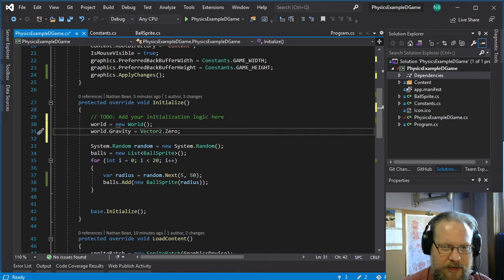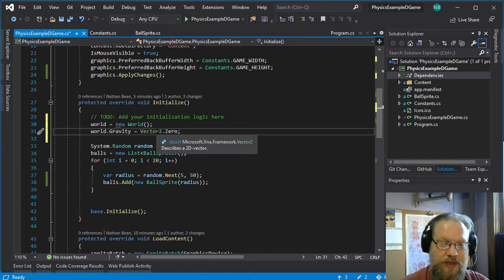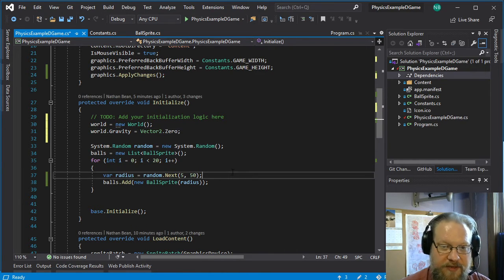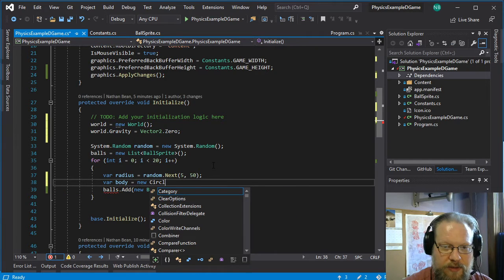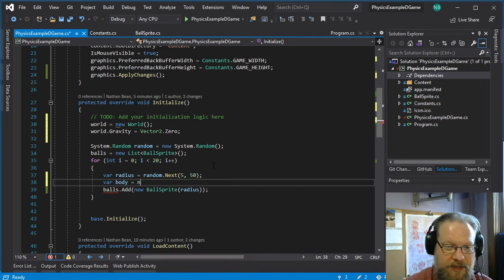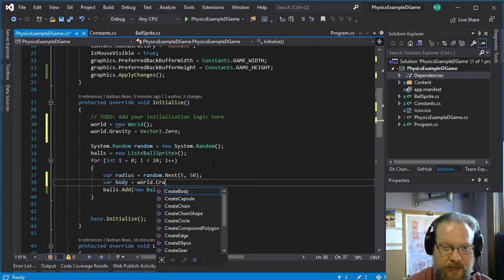Now the other thing it introduces is the rigid bodies, which are bodies, and we want to create a rigid body for each one of these balls that we're creating. And I'm going to go ahead and do that here in the initialize method, just because we've already got this loop and we've got a random number generator. We could also have done it in the ball sprite, but so our body is going to be a new, or actually we create these from that world object. So we actually have to say create